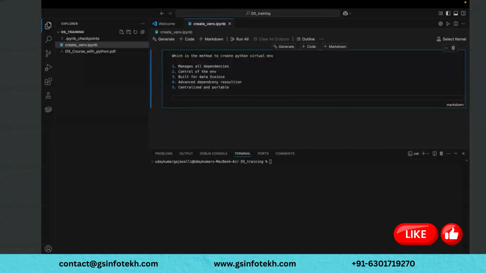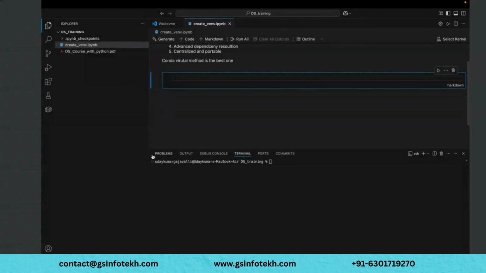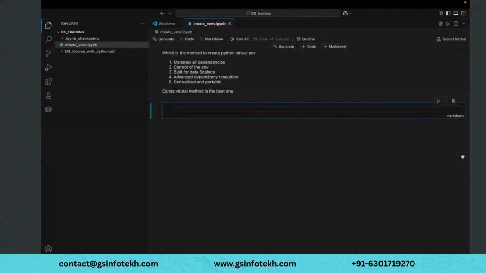By utilizing these benefits, the Conda virtual environment method is the best one. Cool. So that's all about the different ways of creating a virtual environment before starting any project. Any doubts so far? I just wanted to take a pause. No, there are no doubts. Okay, super. So now let's go ahead and see